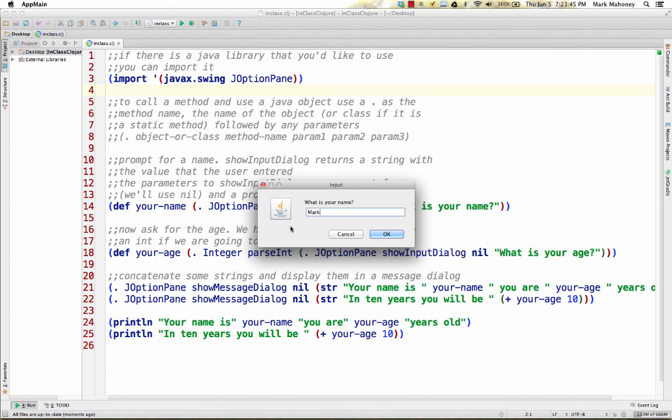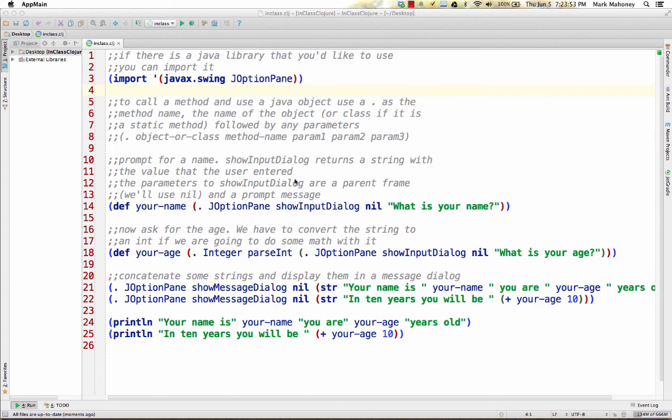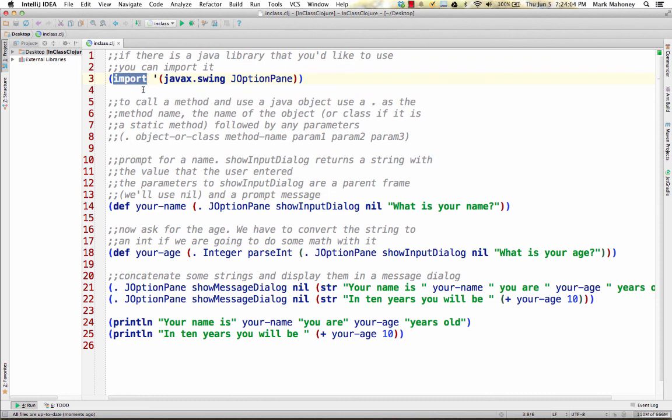So I'll put in a name, Mark. Put in an age of 41. It says your name is Mark, you're 41 years old. In 10 years you'll be 51. Okay, so certainly nothing fantastic, but this is using the Swing library. Okay, so if you want to use something from Java, you have to import it at